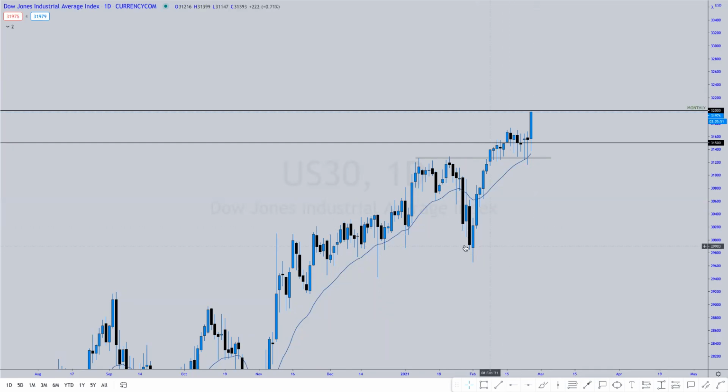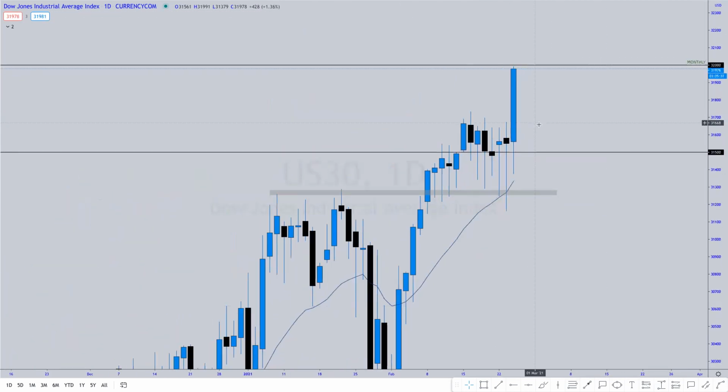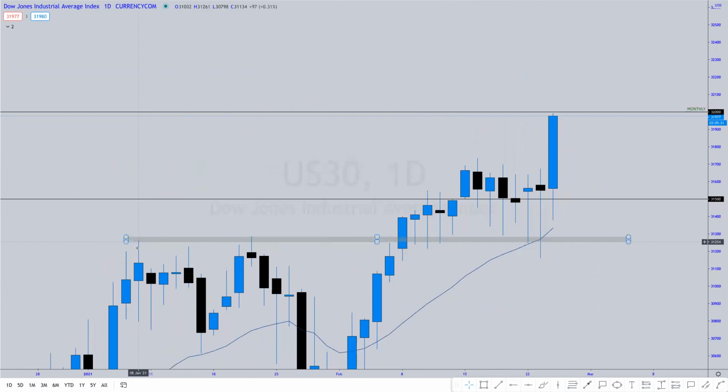So I will try and explain to you guys what you can practically expect for now and what you can actually look out for on this current trade that we are looking at. We're looking at US30, and let's explain why US30 has been plummeting to the ceiling the whole of today. If you look at the daily time frame, you will be able to see that even from here,